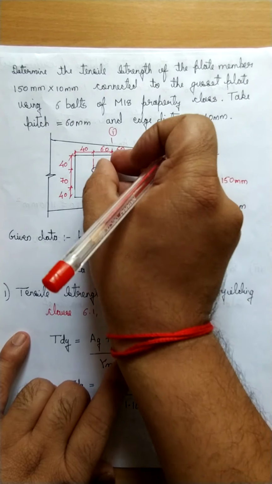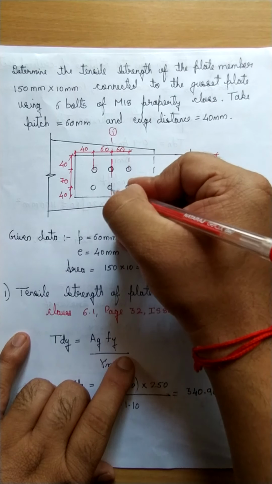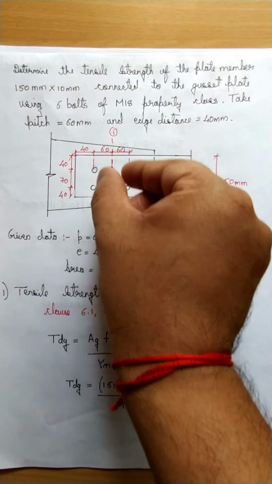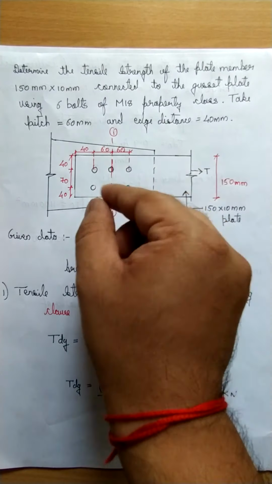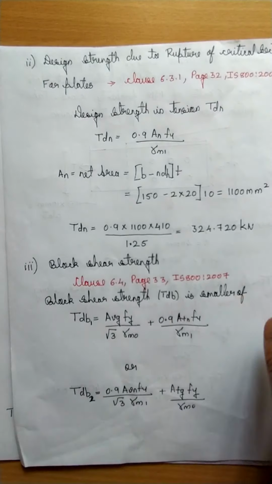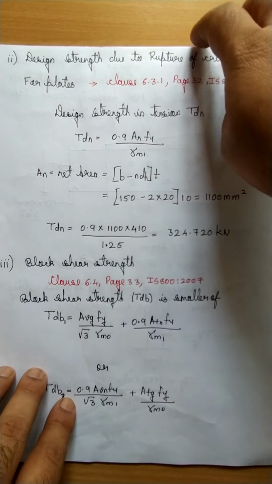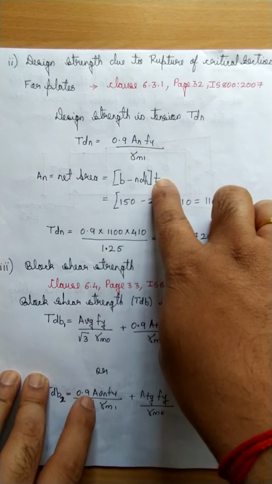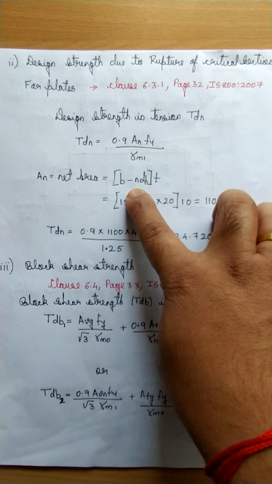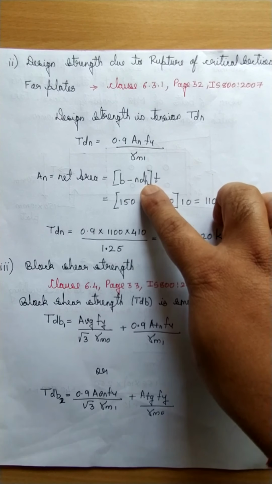So we are now considering this strip wherein 2 bolts are there. So how do we get net area? It is nothing but width into thickness, that is this section, minus this bolting system. So net area is given by (B minus N dH) into T, where N is the number of bolts present in that critical section, dH is the diameter of the bolt hole,